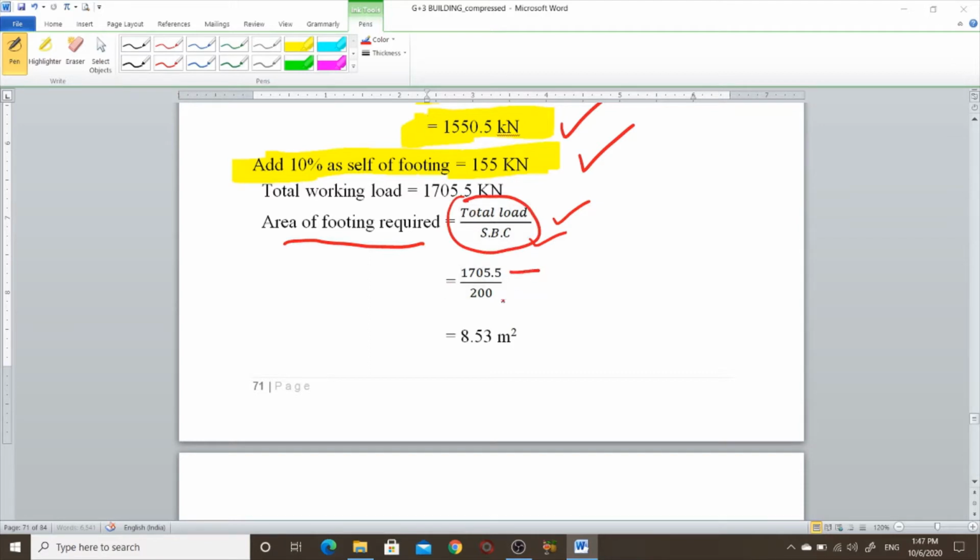It's the total load 1705.5 divided by 200. So the area of footing required is 8.53 meter square. This is the area required for the footing.